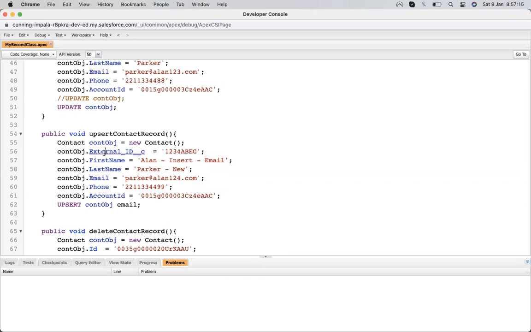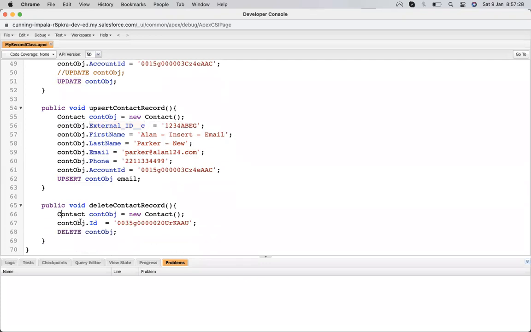It will only give an option that we can update a record on the basis of an external field, an indexed field, and also ID, because ID is the main unique field. And then for deletion of the record, we need only one thing, that is the ID of that record, nothing else, nothing more, nothing less. We just need the ID and hit the delete command. It's deleted.